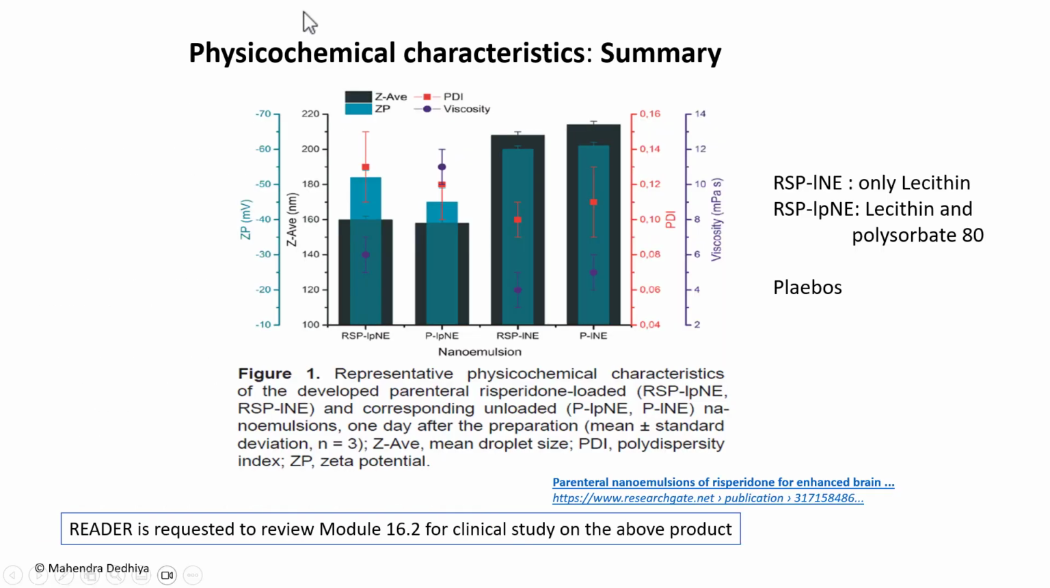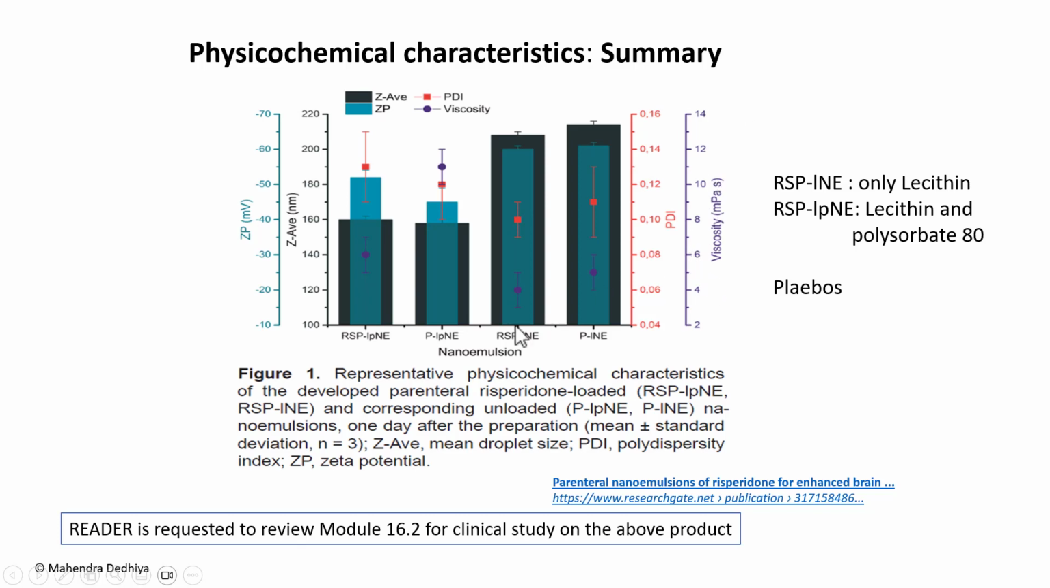Let's look at physicochemical characteristics of resveratrol parenteral formulation prepared with lecithin as an emulsifier and lecithin and polysorbate as co-emulsifier. This is compared with placebo. Placebos are listed as P and active drug is RSP. It shows zeta potential in millivolt, particle size in nanometers, polydispersity index, PDI, smaller the value, better distribution,